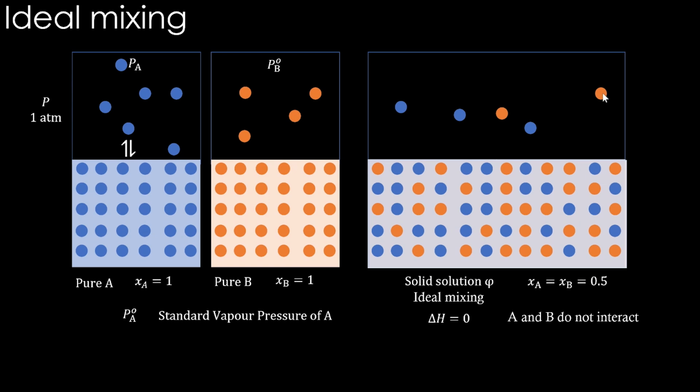It's because there is a mixing in the solid state, right? A and B, of course, do not bother about each other. We say there is no interaction. So, A has the same bond energy to the neighbor, whether the neighbor is A or B. If that is the case, what stops A from going from the solid state to the liquid state, or the solid state to the vapor state, as if it was pure?